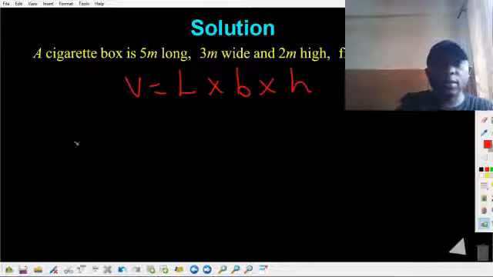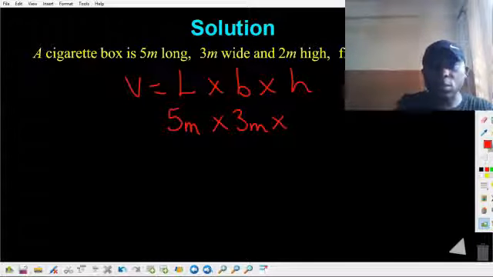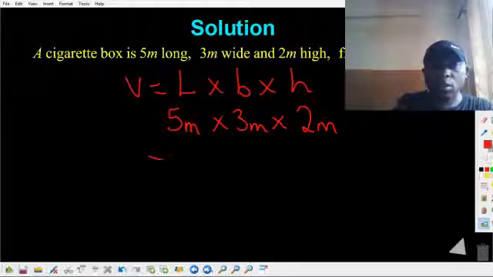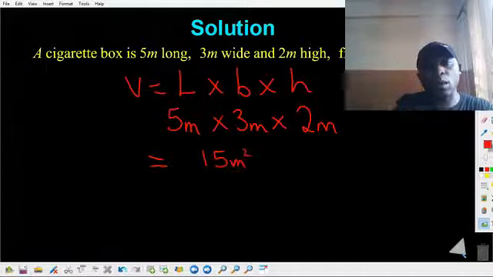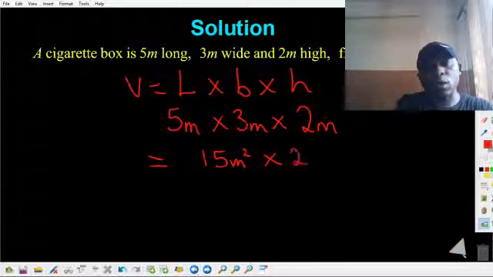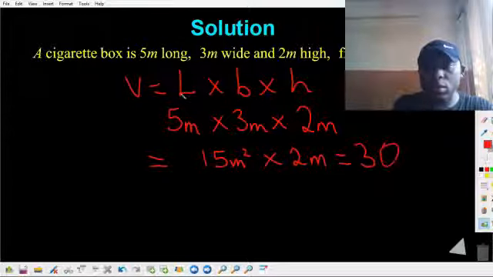The length is 5 meters multiplied by breadth, the breadth is 3 meters multiplied by height, 2 meters, right? So 5 meters times 3 meters gives us 15 meters square multiplied by 2 meters. We'll have our final answer as 30 meters cube,